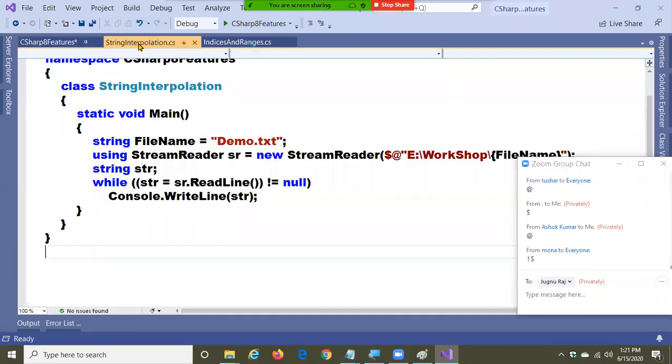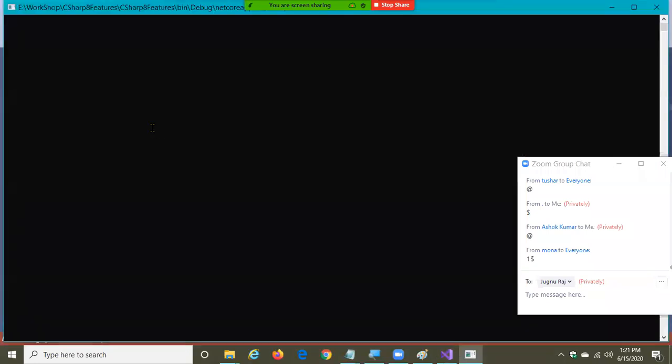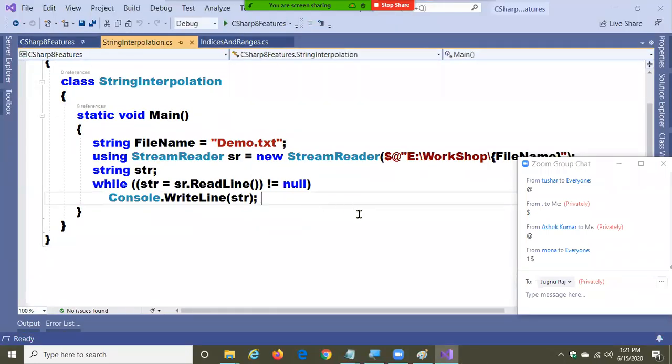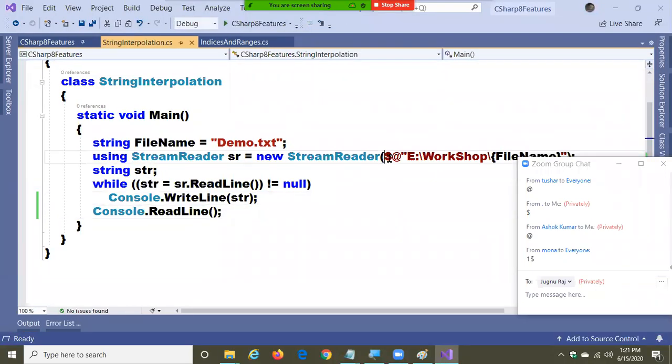String interpolation. If you write the same code in C#7, dollar first, @ next. But from 8 onwards, they said that you can write any way you want.